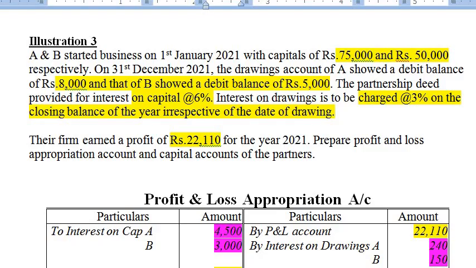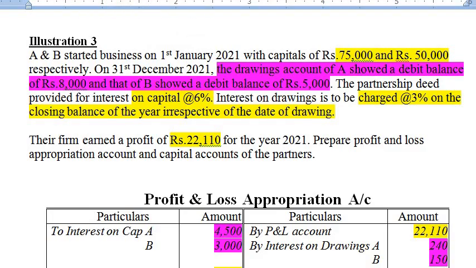Okay, 24, 26 minutes now, and we could cover quite a lot. Now, question number 3, illustration 3. They started business with 75 and 50,000, just like before. And the drawings account showed a debit balance of 8,000. It's the same thing. Debit balance means A had withdrawn 8,000 and